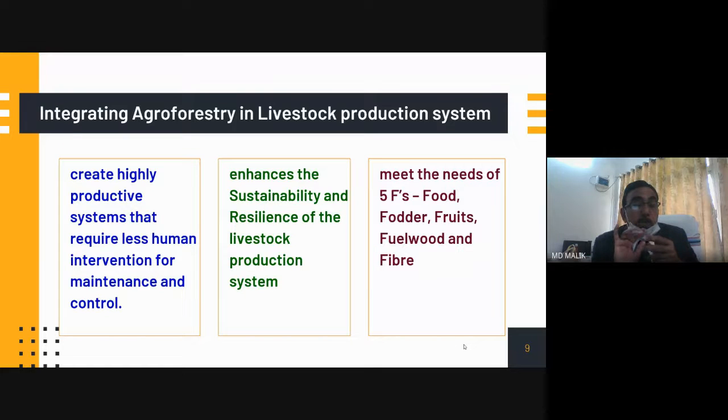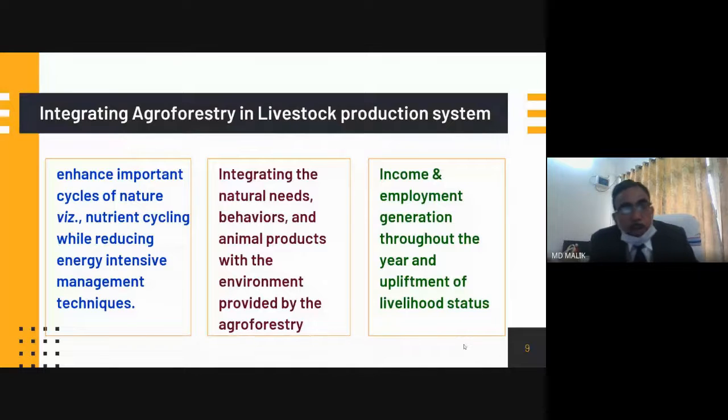Then it provides fruits also, besides fuel wood and fiber. Then fertilizer also: when we select nitrogen fixing trees, they add fertilizer. So that way we consider this 5F or 6F when we select a species. If we are not getting 6F or 5F, at least 3F must be considered for the tree in the integrated farming system or agroforestry